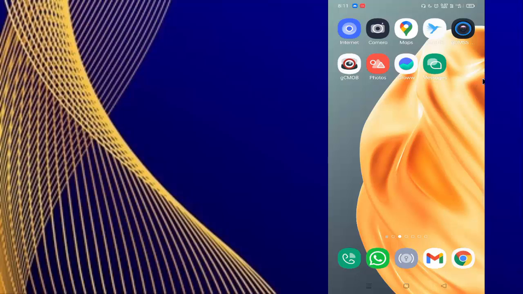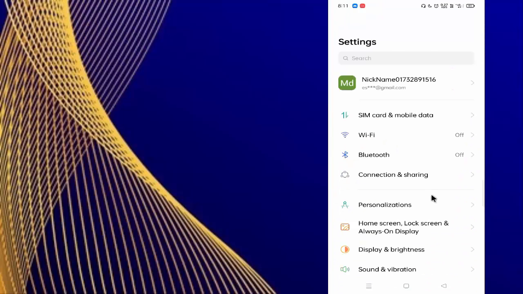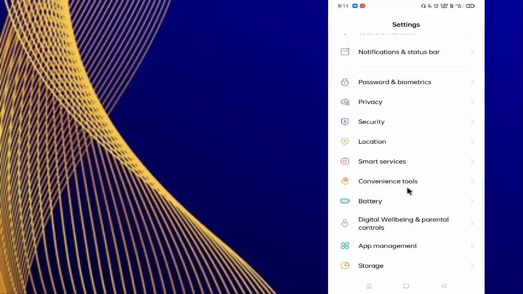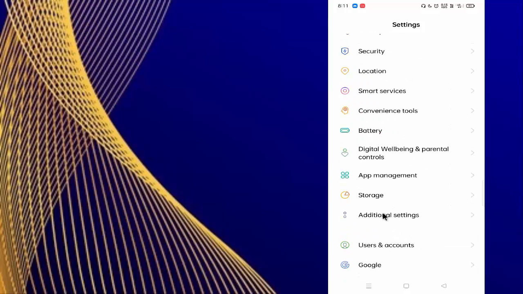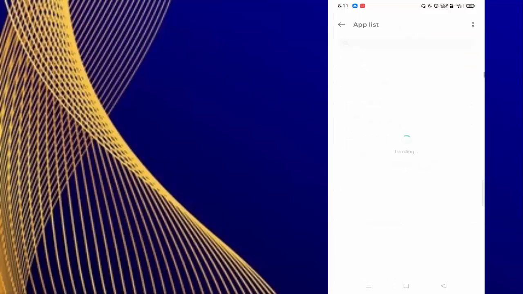So let's start the video. Guys, first of all you need to open setting, click on setting. In this you need to scroll down a little bit. You can see here app management, click on this. In this you can see first option app list, just click on this,